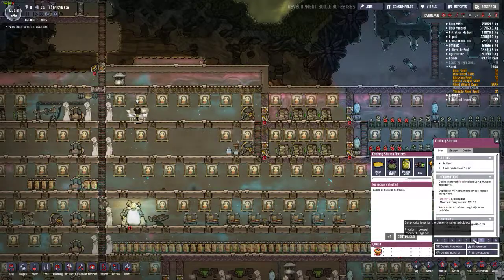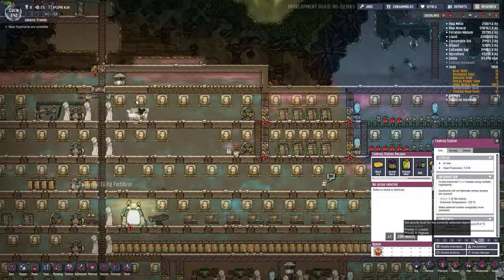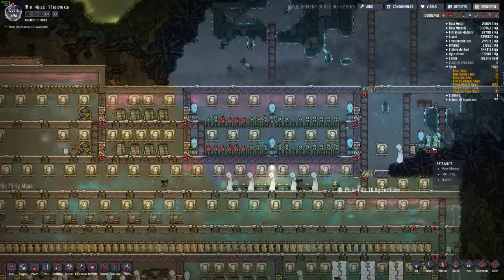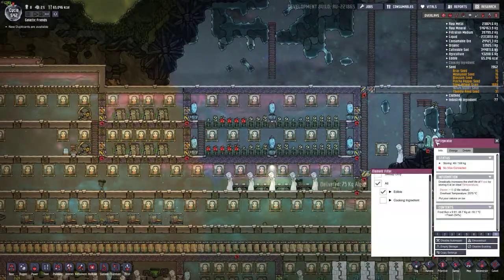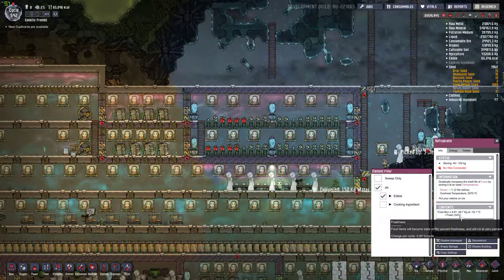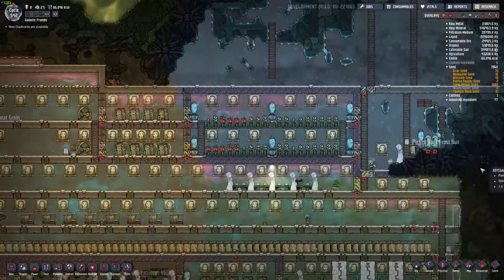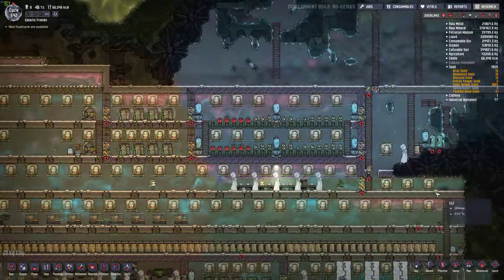Should we do priority 7 or 6? Maybe 6. What have they got in there? They've got fresh... We've got some frost buns and more frost buns. Well, at least that's working for now, so...